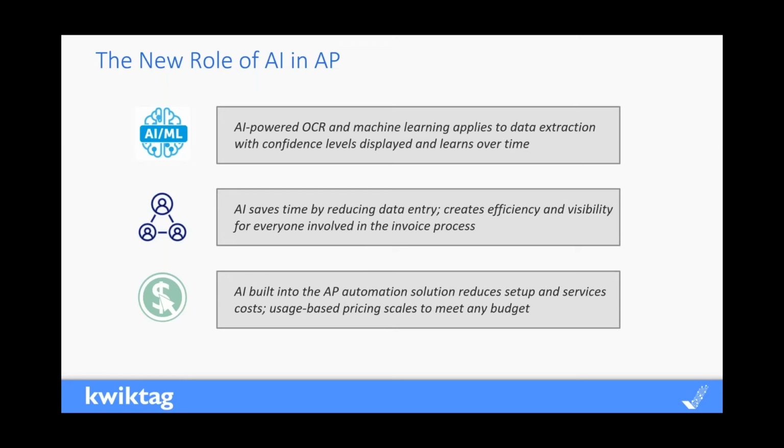It's all going to be taken care of for you with AI built into your AP automation solution. And things like usage-based pricing are really designed to scale to meet any budget. So a lot of companies that we're working with right now come to us and say, we never thought we'd be able to afford something this sophisticated with our budget, but with AI built in, there's no need for all of that manual intervention. With everything hosted in the cloud, there's no need for that IT resource drain that we spoke about earlier.